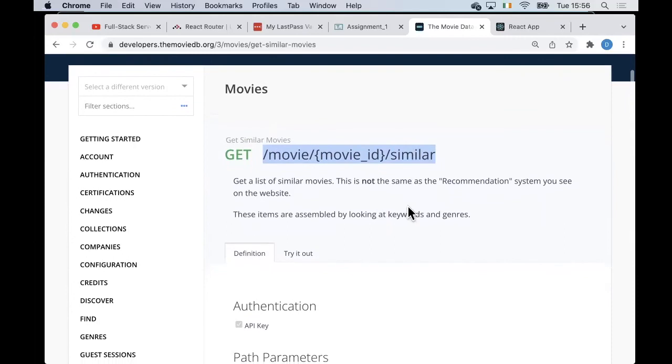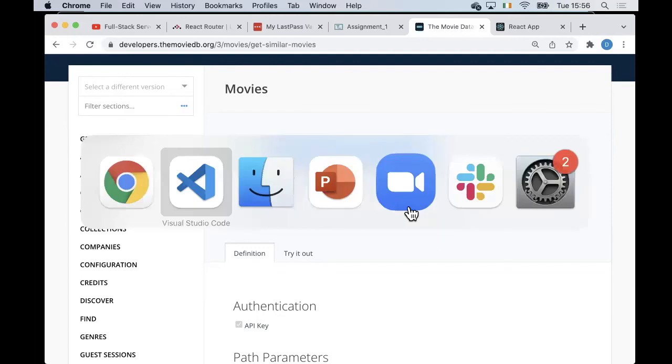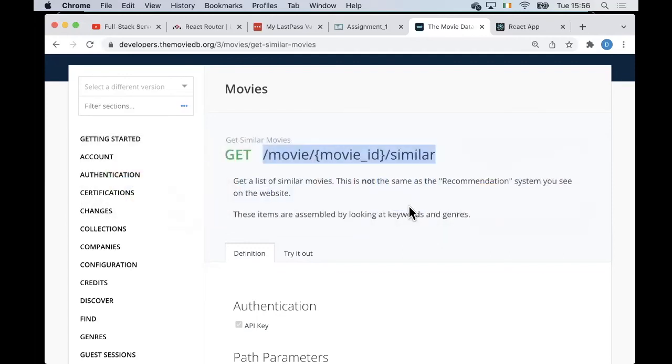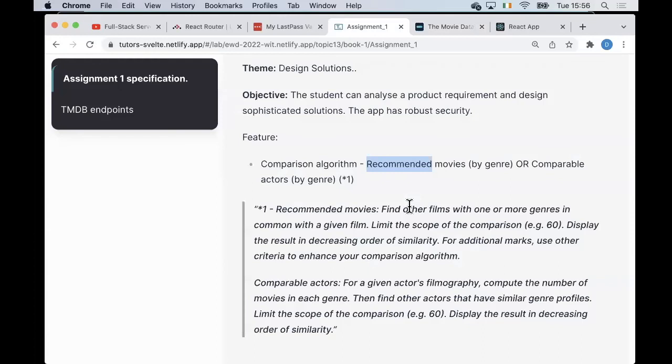I'm sure you may have other good ideas for improving the accuracy of the recommendations by looking at other attributes about a movie. You could take that option,